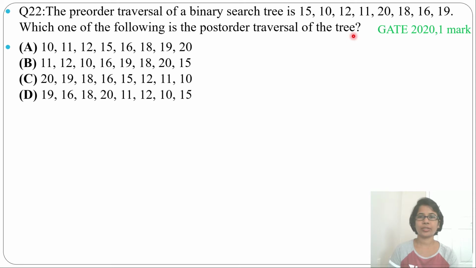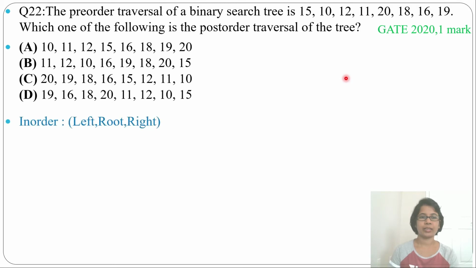And for construction of a tree you need in-order with pre-order or in-order with post-order. So here pre-order is given, so you need to find in-order. So what will be the in-order? Here it is written it is a binary search tree. In case of a binary search tree, the sorted list is the in-order. So you can just sort this list and find the in-order. And pre-order is given, so you can construct the tree and find post-order.